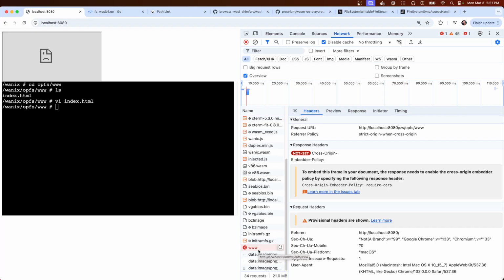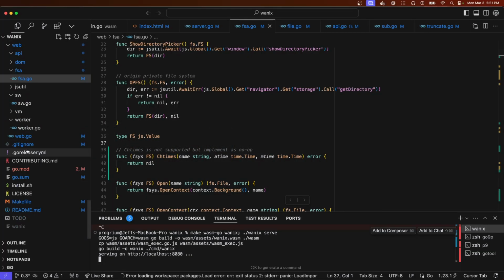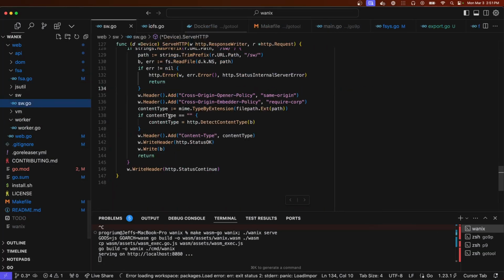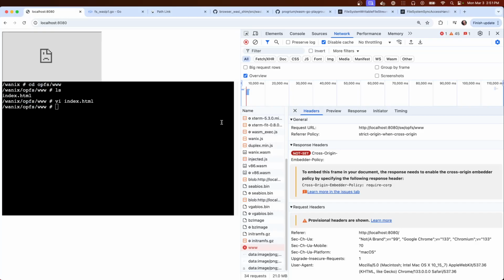The response needs to enable its header. I thought we were doing that with all of our service worker requests. Cross-origin embedder policy.